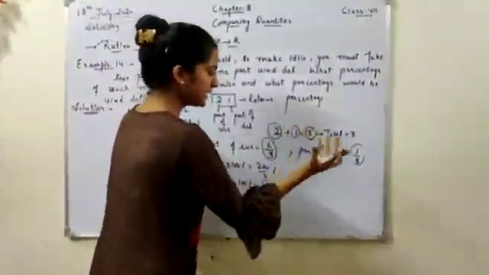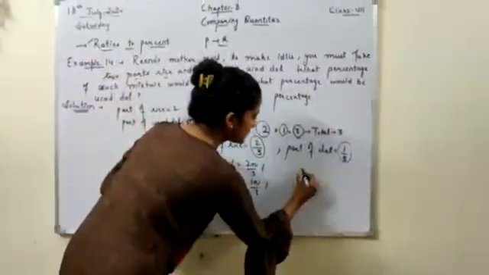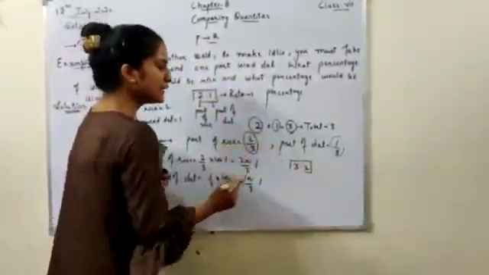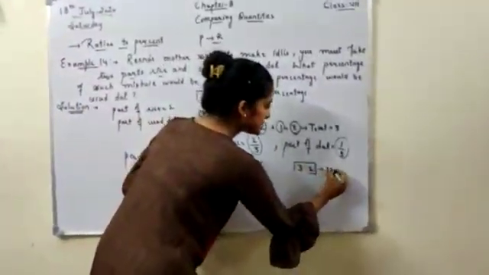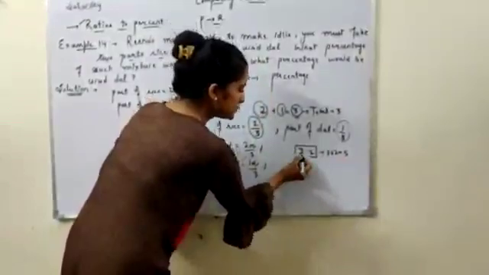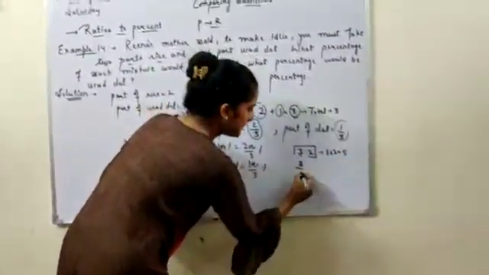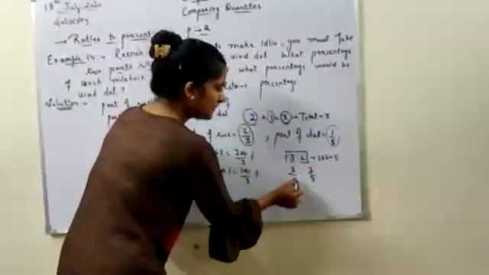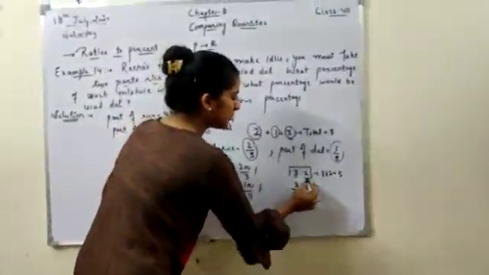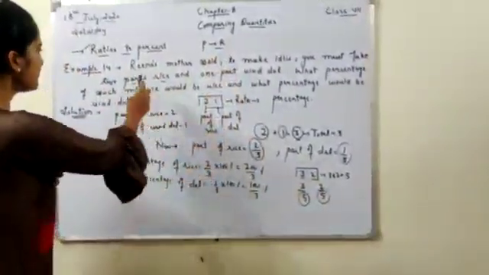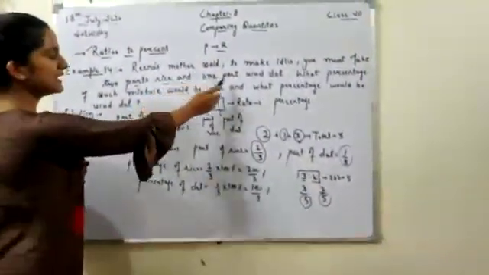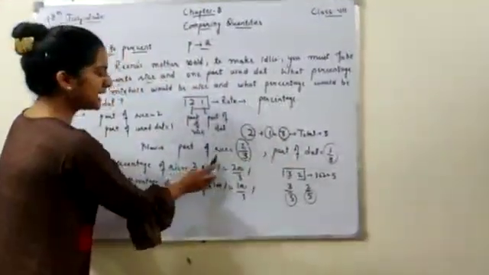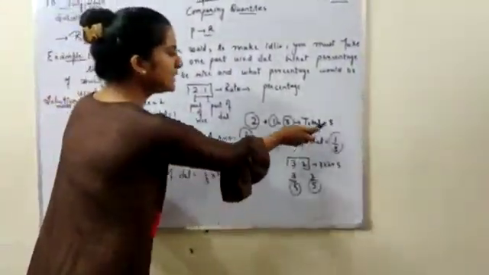So just keep one thing in your mind. Whenever we have a ratio, like we have ratio 3:2 and we have to find its part, how will we do it? See, 3 plus 2 is 5. So its part is 3/5 and its part is 2/5. We have to take the total part in the denominator, and same thing is here because 2 parts were of rice and 1 part was of dal. So 2 plus 1 total is 3. So part of rice 2/3 and part of dal 1/3.